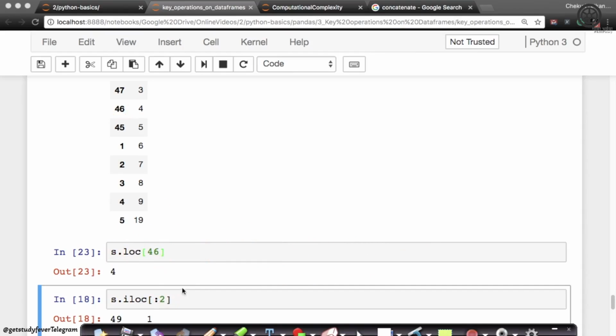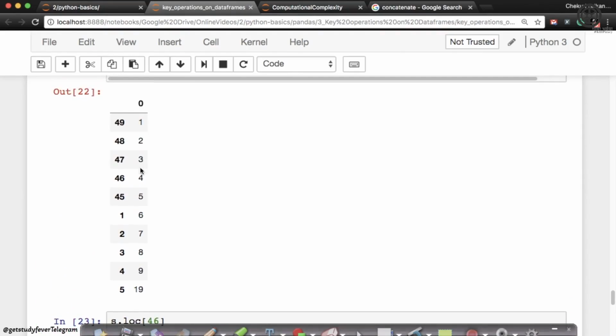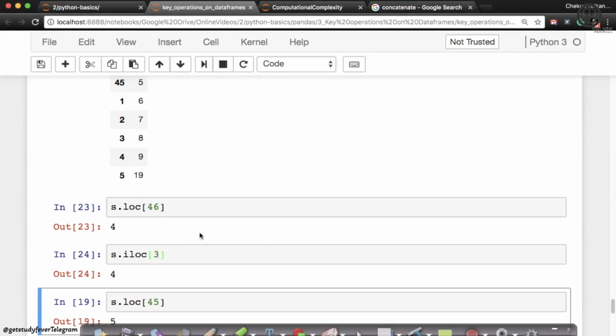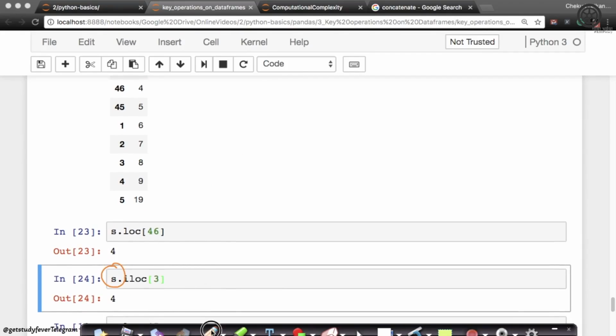Now when I use iloc, what happens? So my 46 is on the 4th row, right? 0, 1, 2, 3, so row number 3. So if I say iloc 3, what happens? I get the same value of 4, exactly as we expected. So what iloc does is interesting. Iloc basically says, I will give you the value by row number, while loc says, I will find the value using the index that you have given. There's a subtle difference here.